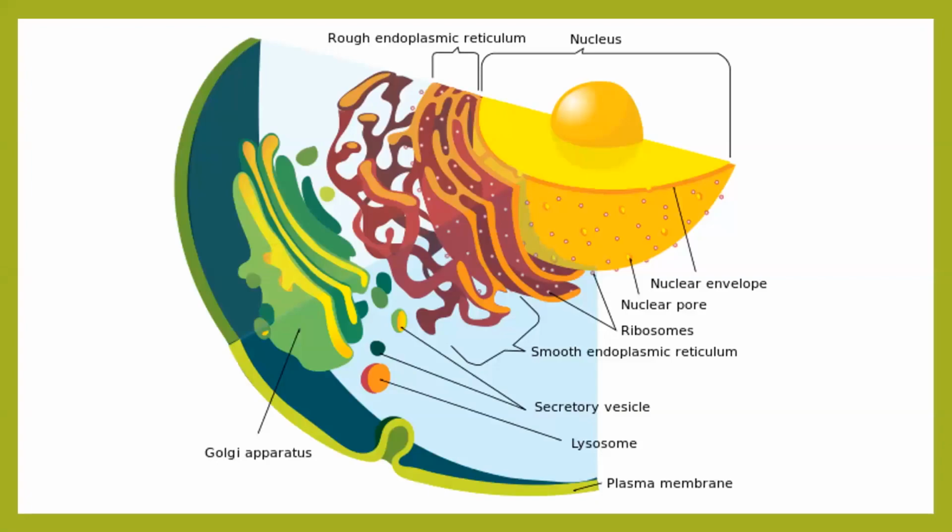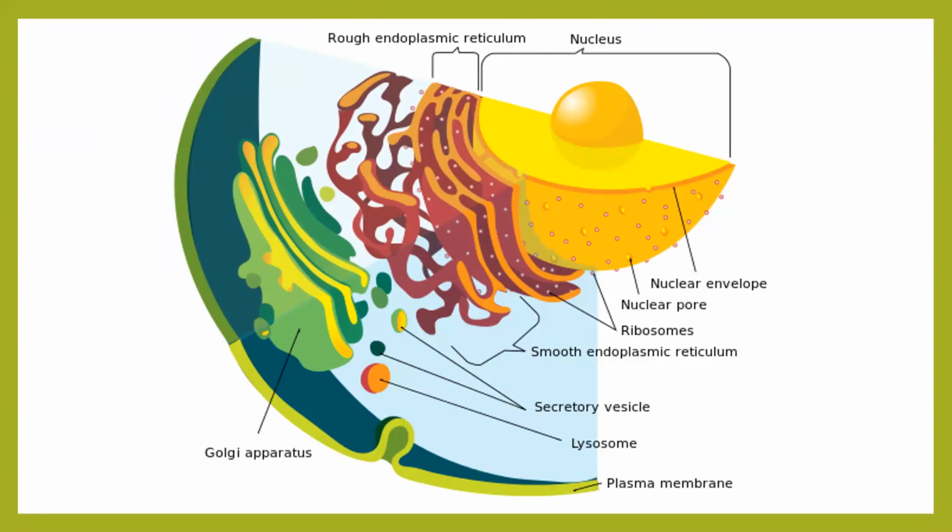Good evening to all of you, and let's continue with our lesson number 10, which is cell and cell organelle. In this particular chapter, till now, we have learned different types of cells. We went through what is a prokaryotic cell, what is a eukaryotic cell, what is the difference between a plant and animal cell, and now we have started learning about cell organelles.